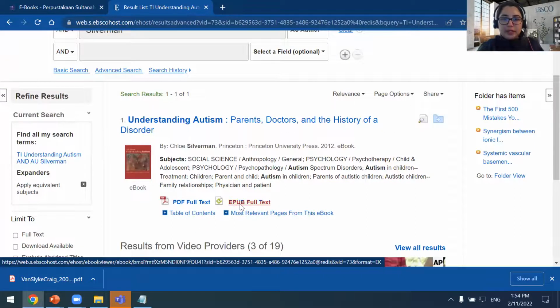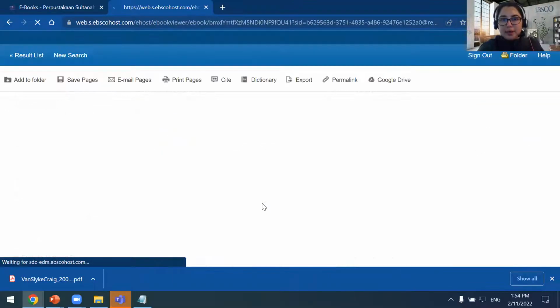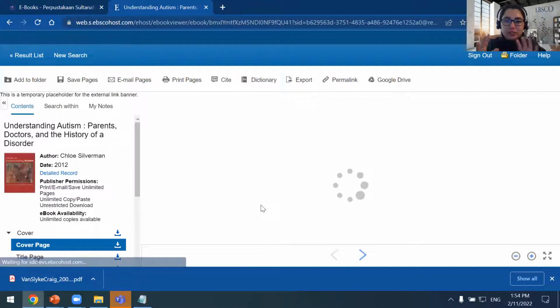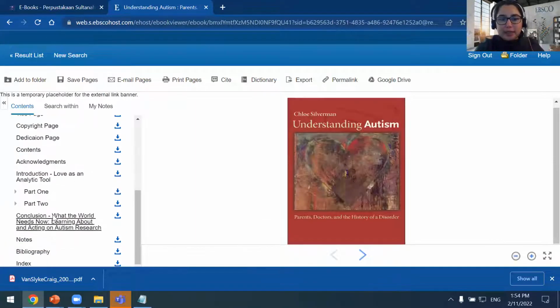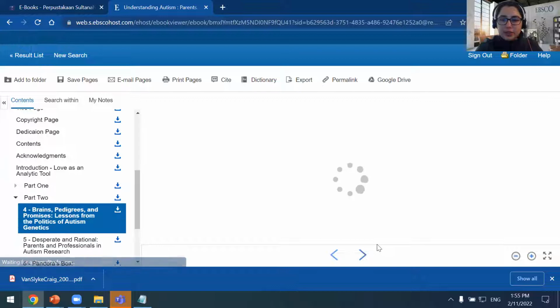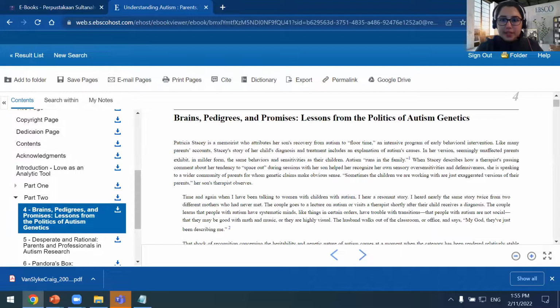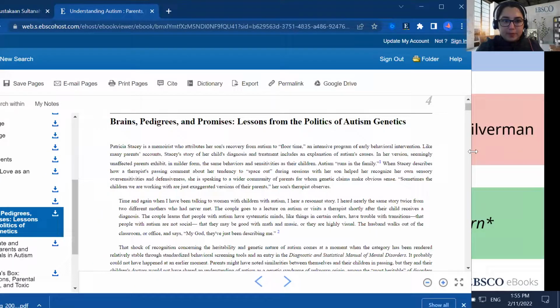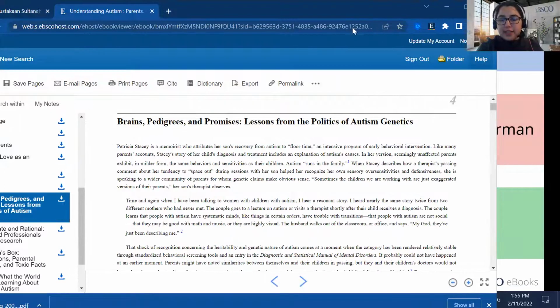Now I want to quickly point out, you can also access some ebooks as EPUB. So EPUB works really well on mobile apps and tablets, and that's because the page size will change itself and shuffle to fit any device, and it does it much better than, say, PDF does. So I'm just going to go across to a particular page with text just to show you. So you can see here, it doesn't matter what size my screen is, the text itself never loses its shape or sizing. Whereas if I was in PDF, it wouldn't retain that same sizing.